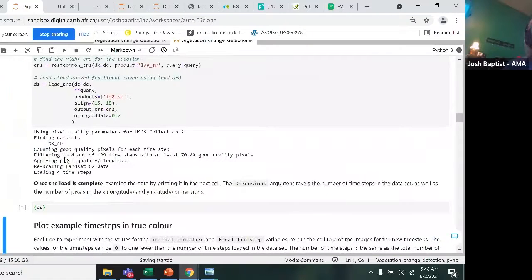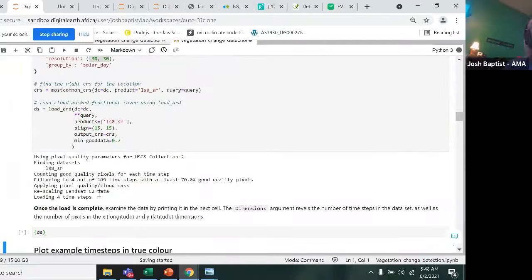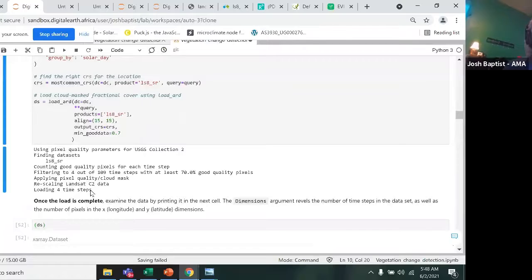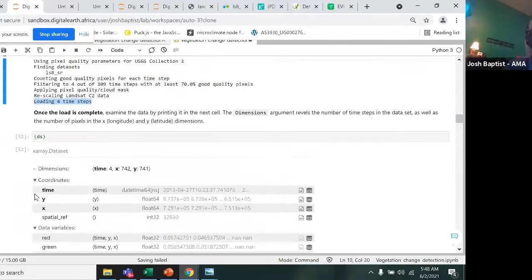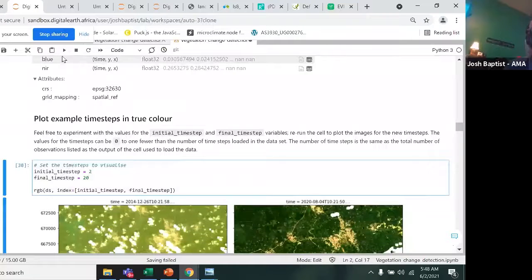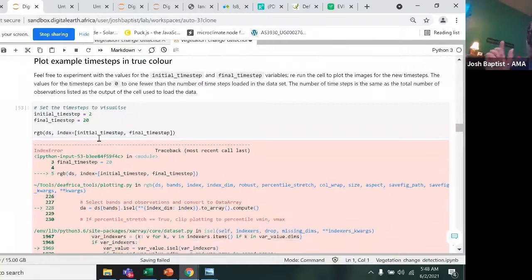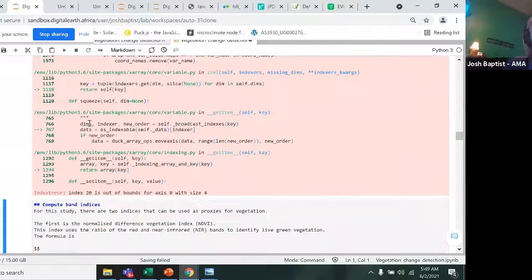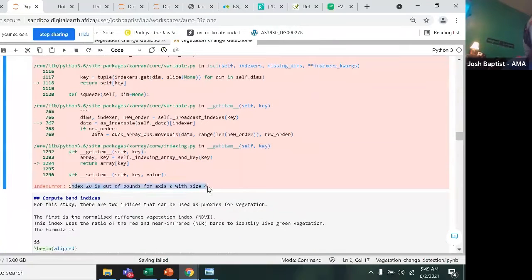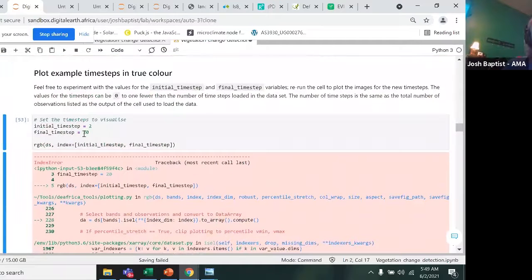So right here, once we load the data, we see that it loaded 4 time steps. Because the date range is so small, we only have 4 time steps. So if we go to run this right now, we're asking it to show us an initial time step of 2 and a final time step of 20. So it's looking for more data in time than is actually available. So we'll see here probably, it says index 20 is out of bounds. So if we change this, let's see what it does for 4